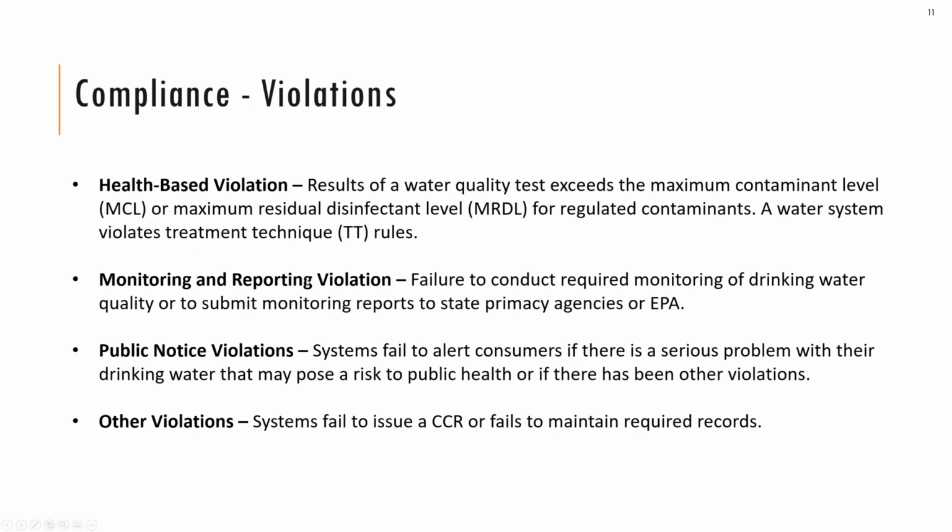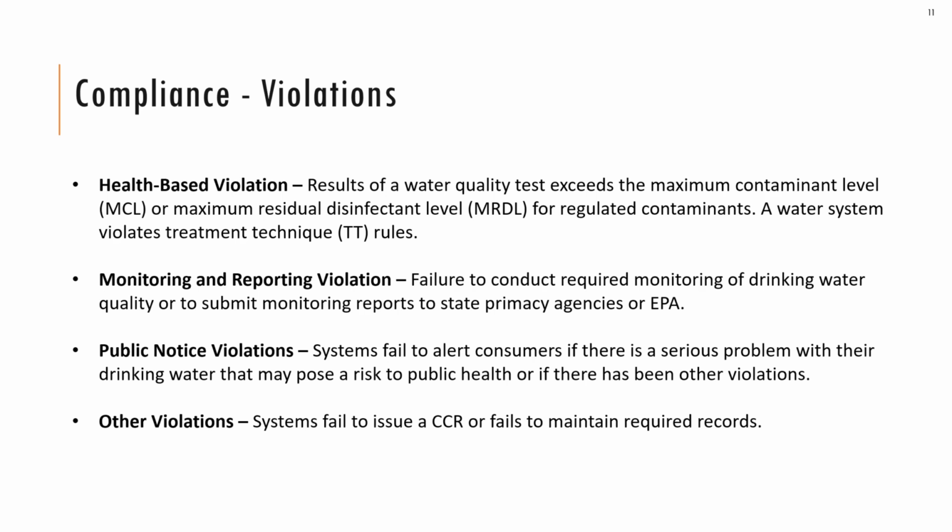So what happens when a public water system fails to comply with the Safe Drinking Water Act? Well, depending on what specifically the water system didn't comply with, certain violations are issued. The first is a health-based violation, which occurs when water quality results show certain contaminants exceeded the maximum contaminant level, which is the highest allowable limit for contaminant concentrations, or maximum residual disinfectant levels were exceeded, which are the highest allowable concentration of disinfectants allowed. And if a system violates treatment technique requirements, which specify that specific treatment processes are required to reduce the levels